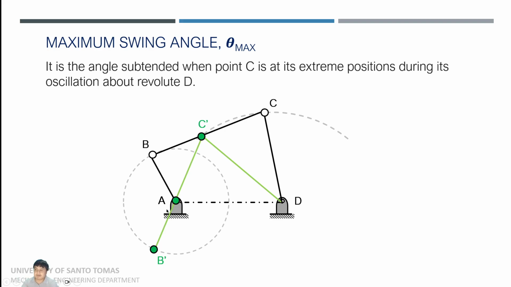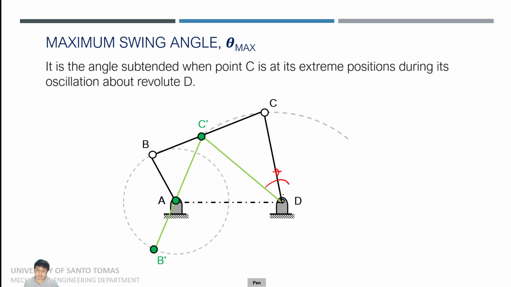So the first clue in finding the maximum angle of a four-bar mechanism is to determine when the crank and the connecting rod become coincidental, meaning overlapping. So in this case, link AB and BC are coincidental with each other to show you that this will be the extreme position. And then to find this angle right here,